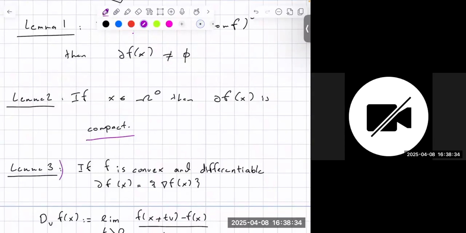And this third one I put as an exercise today. If you apply the definition in the case that the function is actually differentiable, then you get only one vector as a subgradient, which is the gradient vector. All right. Now,